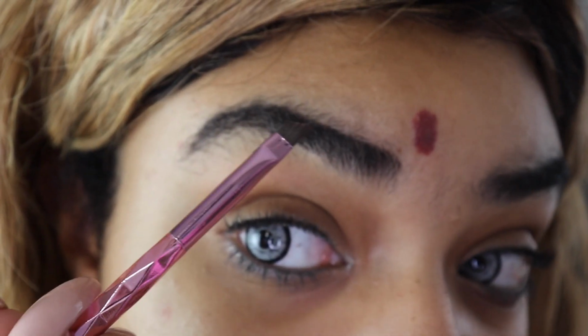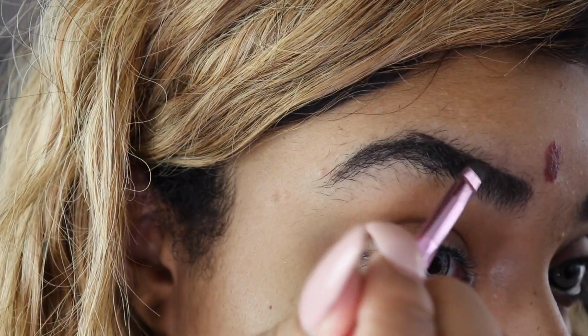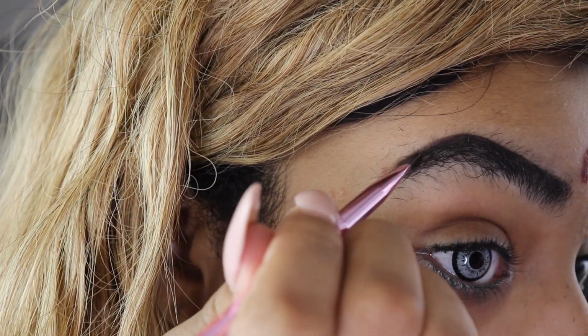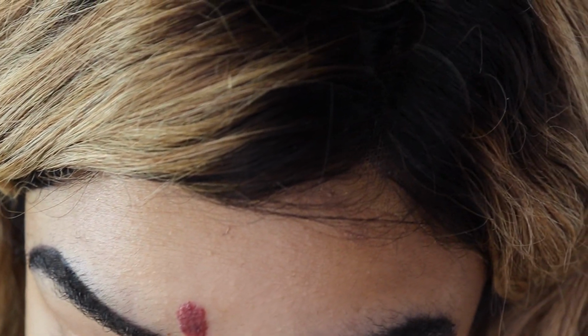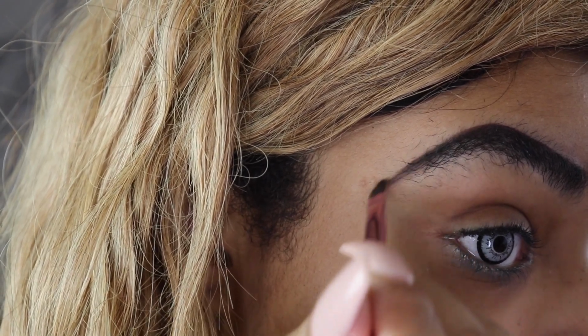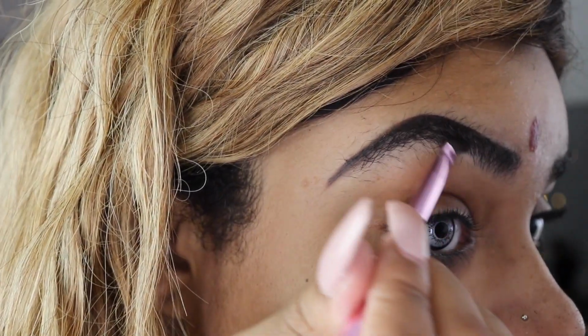So I'm just gonna take my brush and dip it in the pomade. Get some product on there. And what I'm gonna do is start with this eyebrow. I'm gonna put the product on the end and form a tail. So I'm gonna go on the end, form the arch that I'm looking for, and then go down and make my tail. Get some more product. See how I'm basically elongating my brow